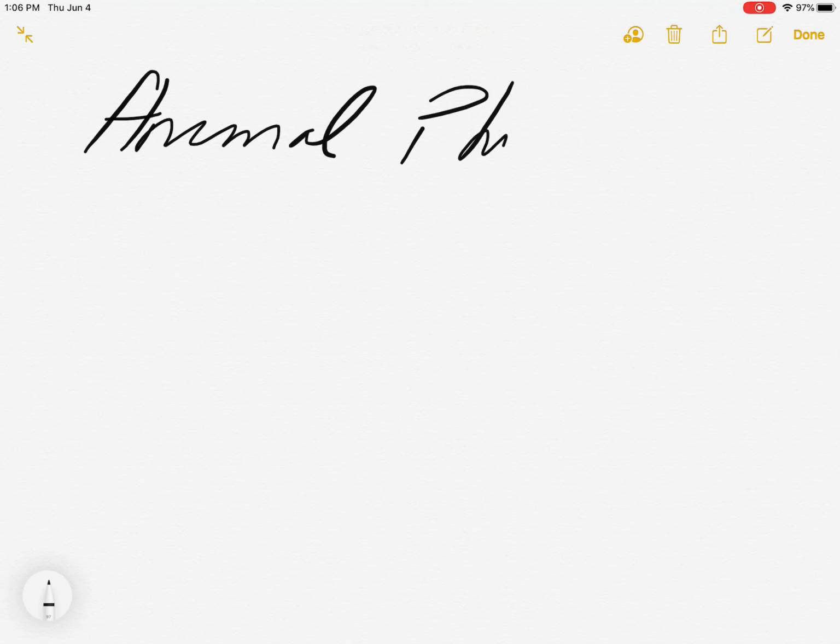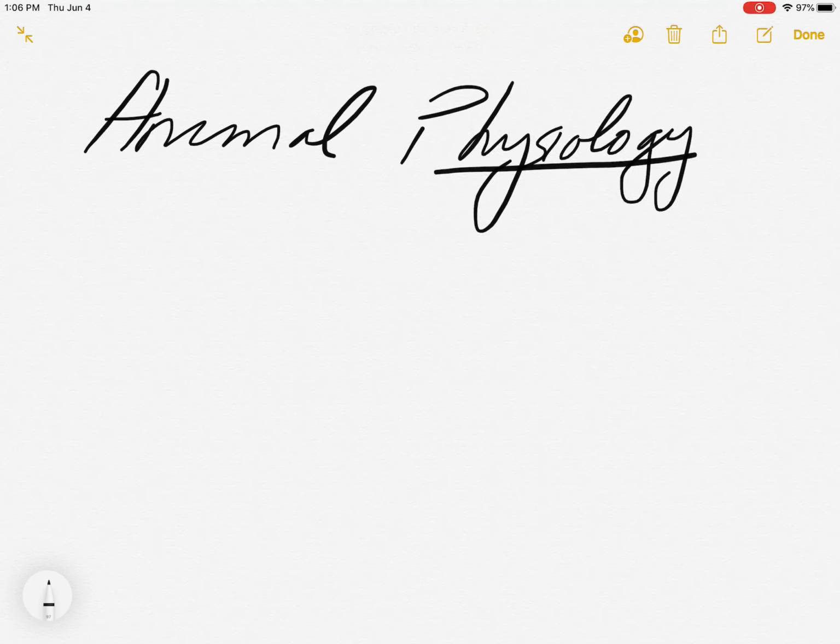All right, our next unit is animal physiology. So the word physiology is a word that basically means we're studying both the structure,